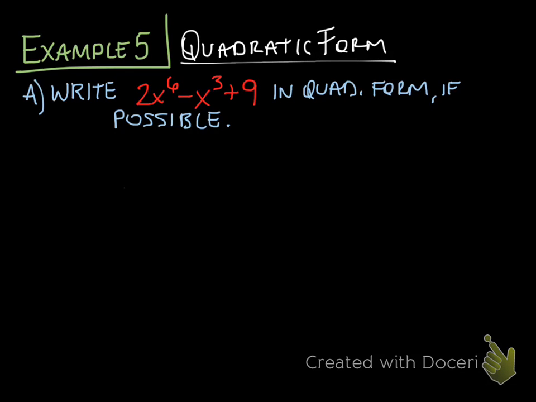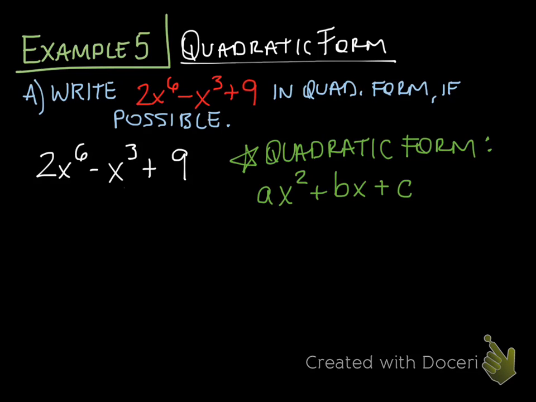Now, I've been stressing how important writing parentheses within your equation is, and you'll see why when we work through this example, the importance of that. So I'm just going to rewrite the equation. I have, again, 2x to the 6th minus x to the 3rd plus 9. So we have to get it written in our quadratic form, which, if you'll remember, is ax squared plus bx